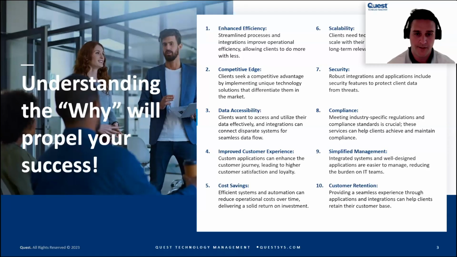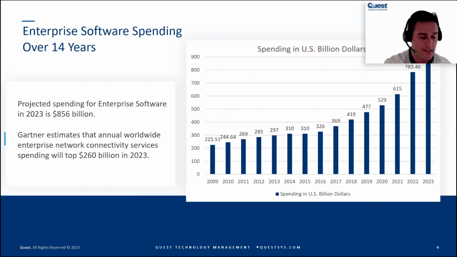We live in an organization that's based on laws and regulations, so that all has to matter, and that matters at the application layer. So there's a ton of reasons why. There's about 10 of them here. We've gone through a few of them, but there's a big driver for organizations trying to get the most out of their applications. Another reason why, maybe a little cynical, but real, is a lot of the trusted advisor community,